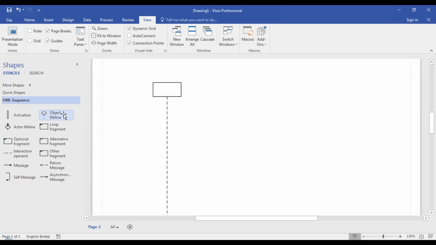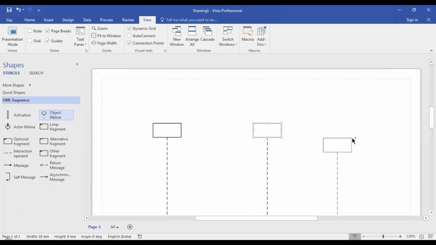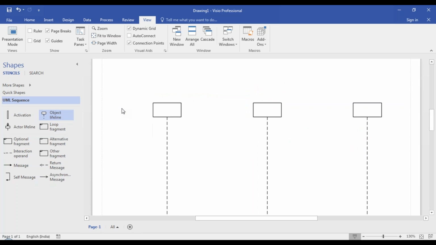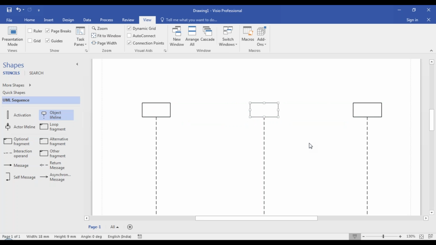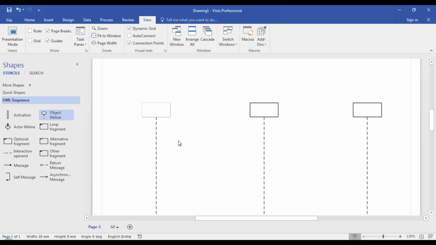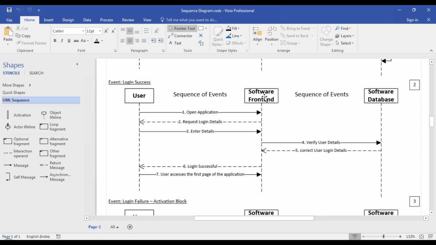So first I've dragged one lifeline. I need two more lifelines. One is the user lifeline. The other two objects are for the system lifeline. Okay, so now you have the object lifelines created. You have to define the actors. So who are all the actors here? You have the user actor, software front end,